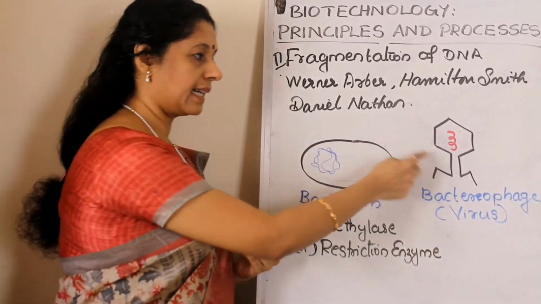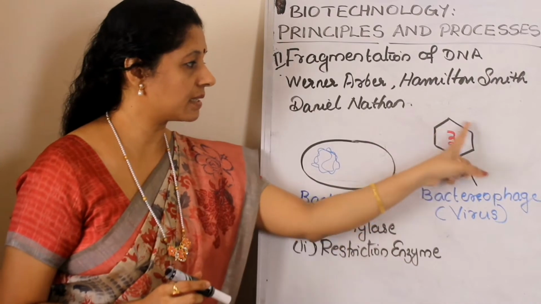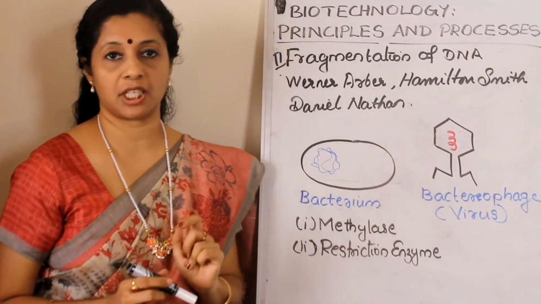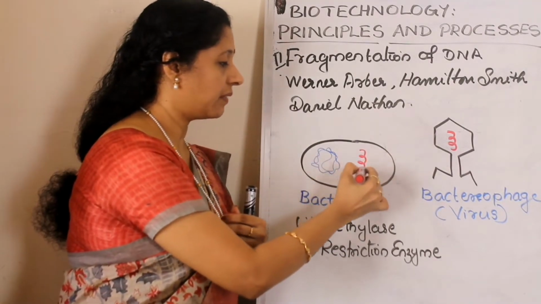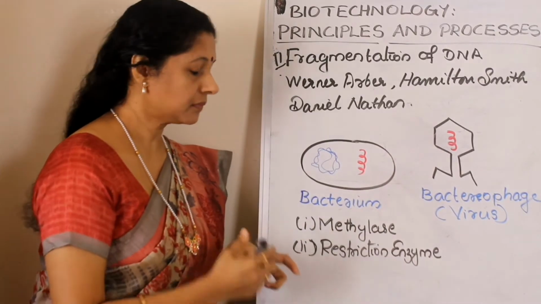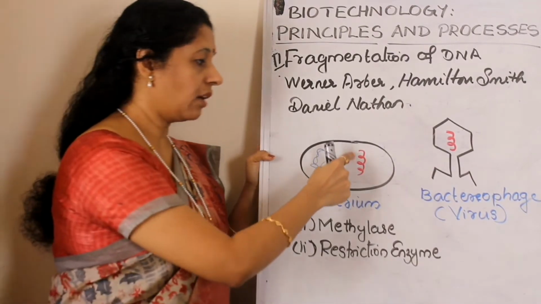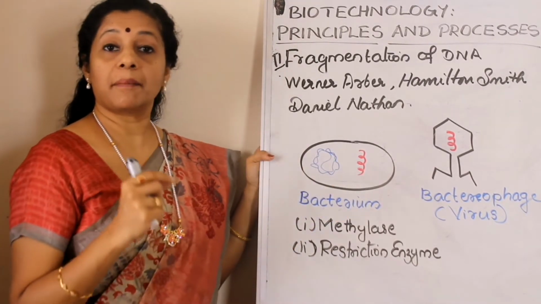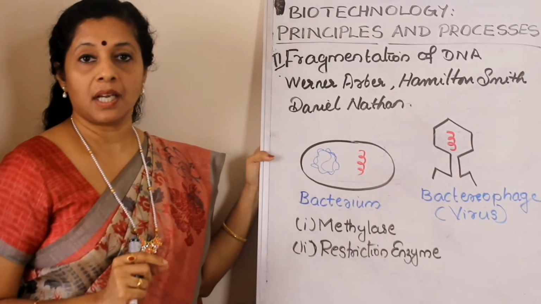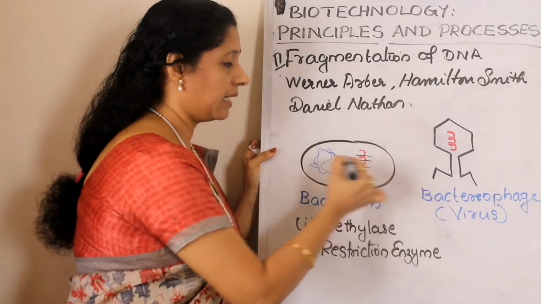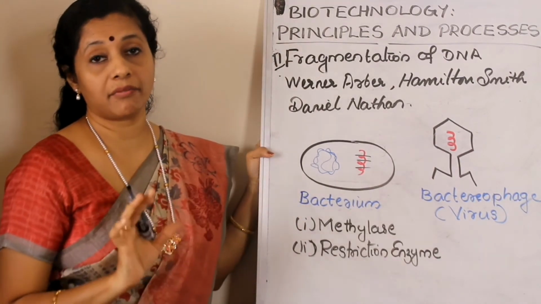So, how can they restrict the growth of this virus within the body? Once this virus attacks the bacteria, we know the virus body consists of only a protein coat, this black protein coat, and this red color is the genetic material. It will transfer only the genetic material inside. So, the DNA of the virus is inside the bacterium now. Now, this bacterium has its own defense mechanism for cutting off this DNA. We know these enzymes will cut at specific sequences. We will learn about it later. So, when it is cutting this DNA into many fragments, it is destroyed. So, the bacteria are safe from the attack of virus.